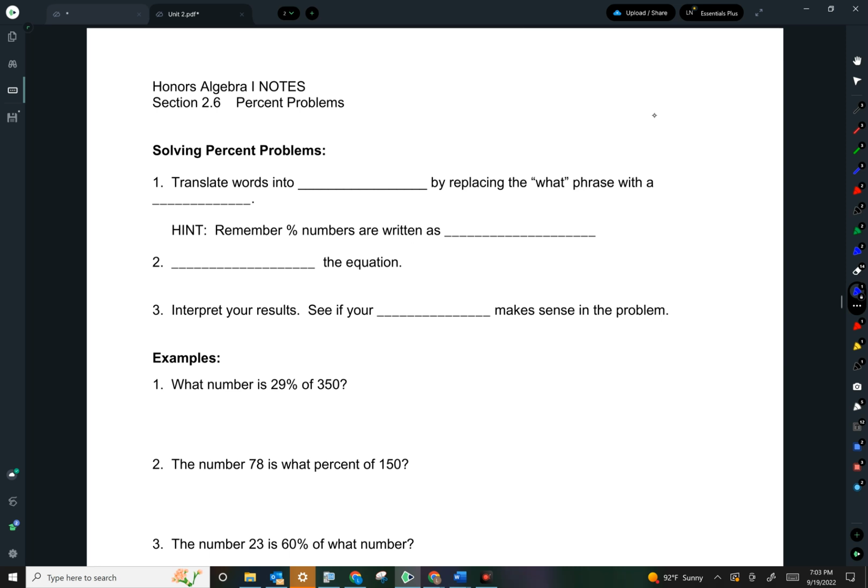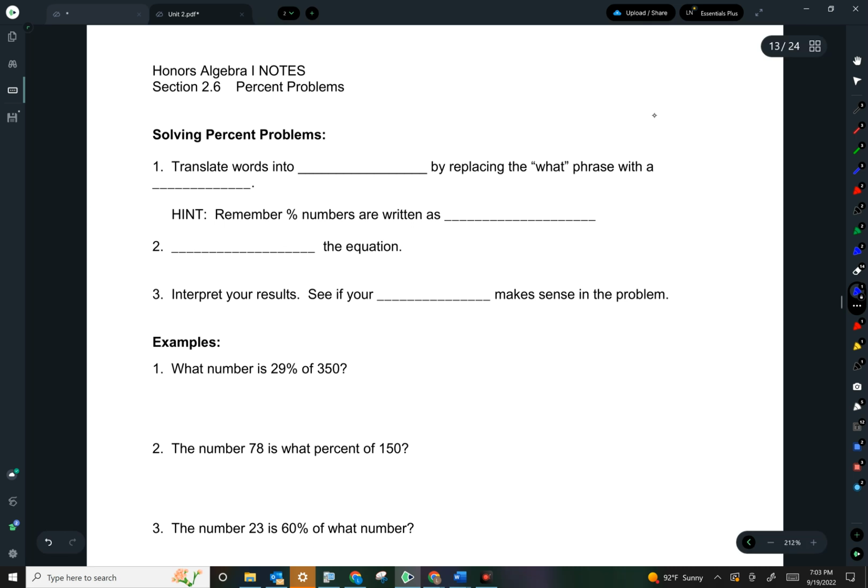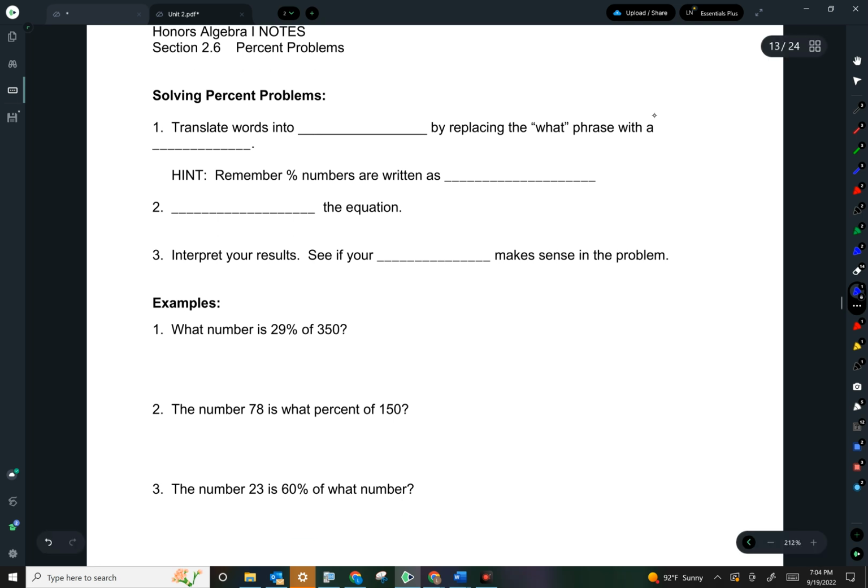This is section 2.6 of Algebra 1, and this is all about percent problems. Now, I want to put a qualifier out there. It's likely that you may have learned how to do these problems a little bit of a different way back in middle school, and that's not wrong. It's fine to do it that way, but the reason I'm showing you a new way is because